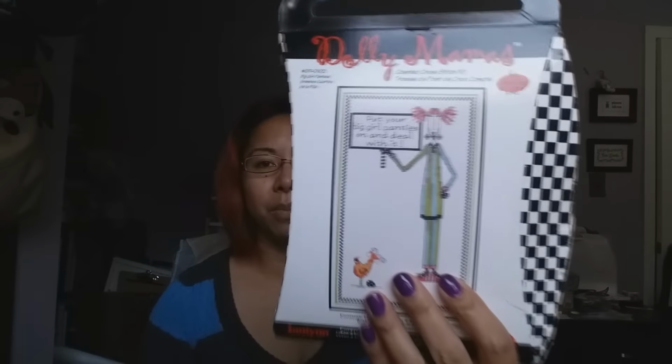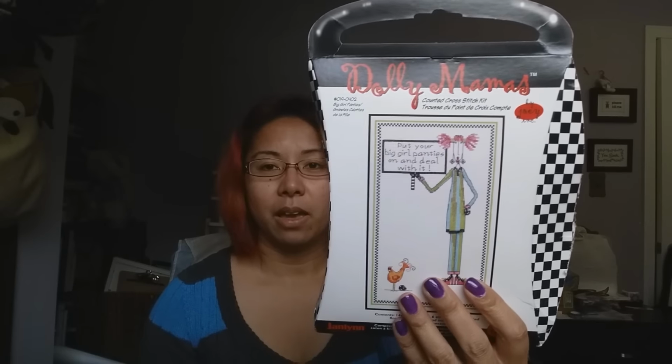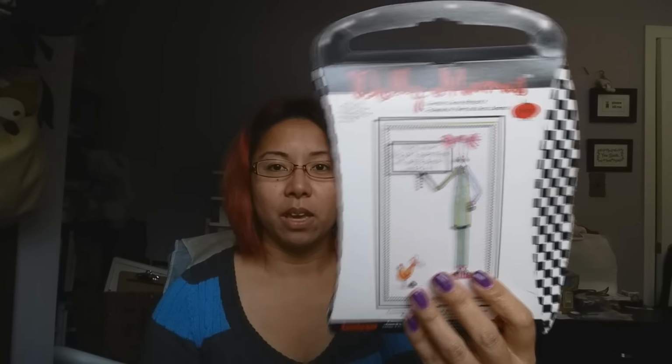First, the Dolly Mamas kit. As Jimmy Floss Tube says, give up. I hate it. The floss that it comes with is crunchy. It claims to be DMC, but it is the crunchiest DMC ever. No, I'm not doing it. Whatever. Next project that's on top of the pile is